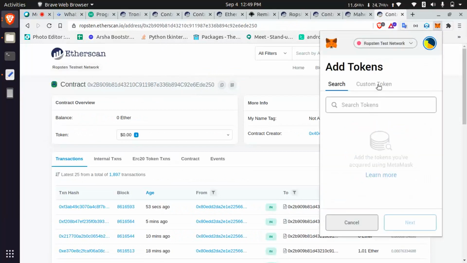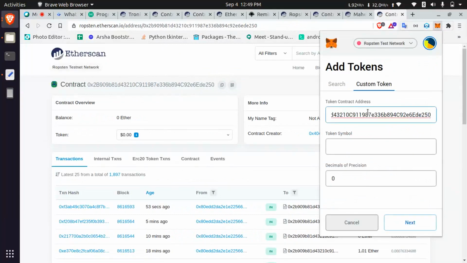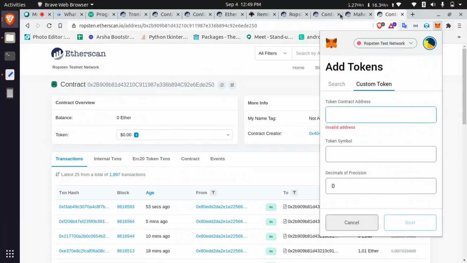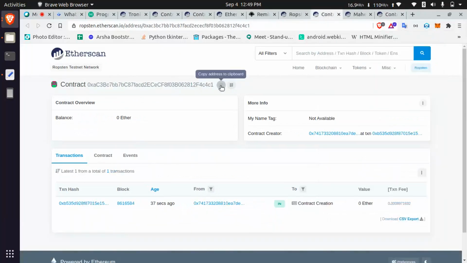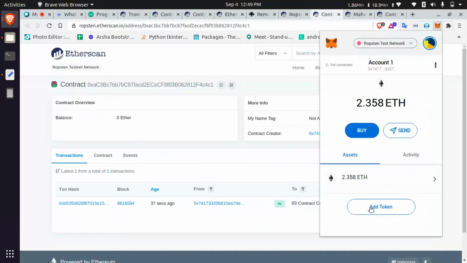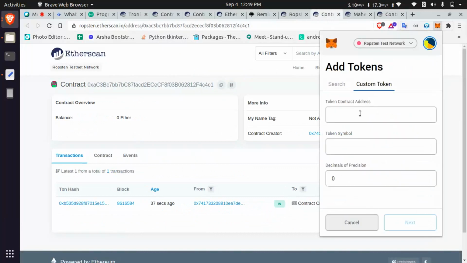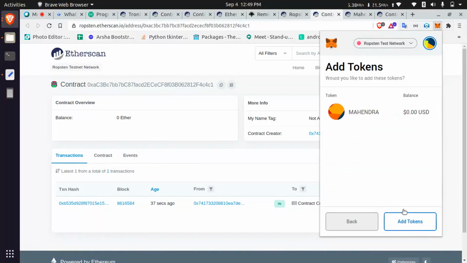Add token, custom token. If you are entering this, you can see that it is not loading, because it is a plain contract. But if you are entering a token contract, it will fetch easily. That is the ERC20 standard. I'm adding this. I am getting the symbol. Next, you can see one Mahendra.